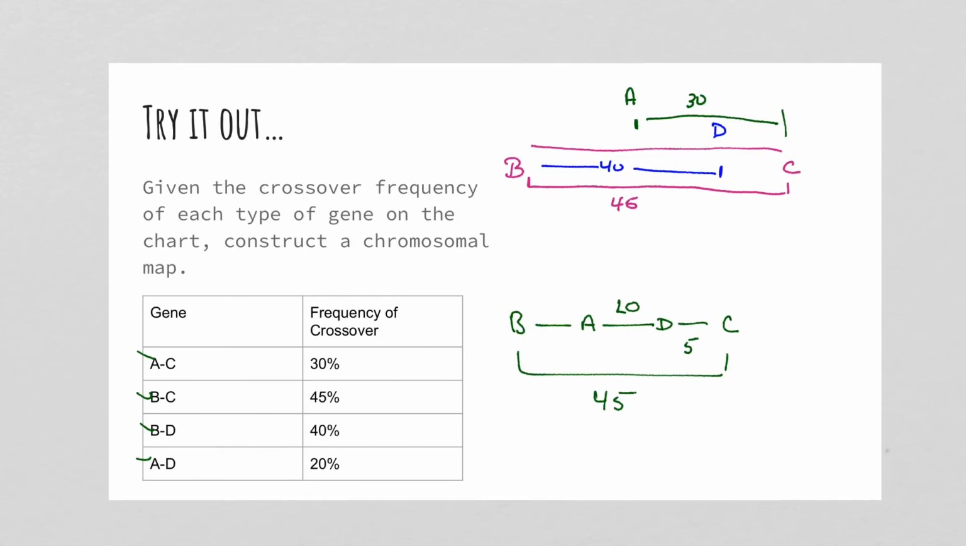I also want to point out something else. This answer, B, A, D, and C, is the same as C, D, A, and B for gene order. Just a reminder that chromosomes do not necessarily go from one side to the other. They move around in circles. So C, D, A, B on a chromosome is the same thing as if that chromosome flipped over and was